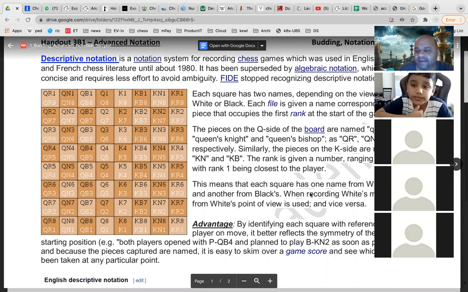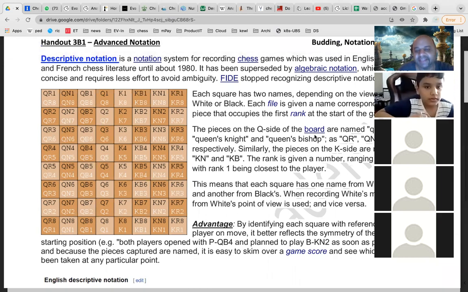You can unmute and tell. Yeah. Okay, I have checked it on the thing. It is confusing. Yeah, it is confusing. Initially, it will be confusing, but once you do a little bit of practice, it will be okay.